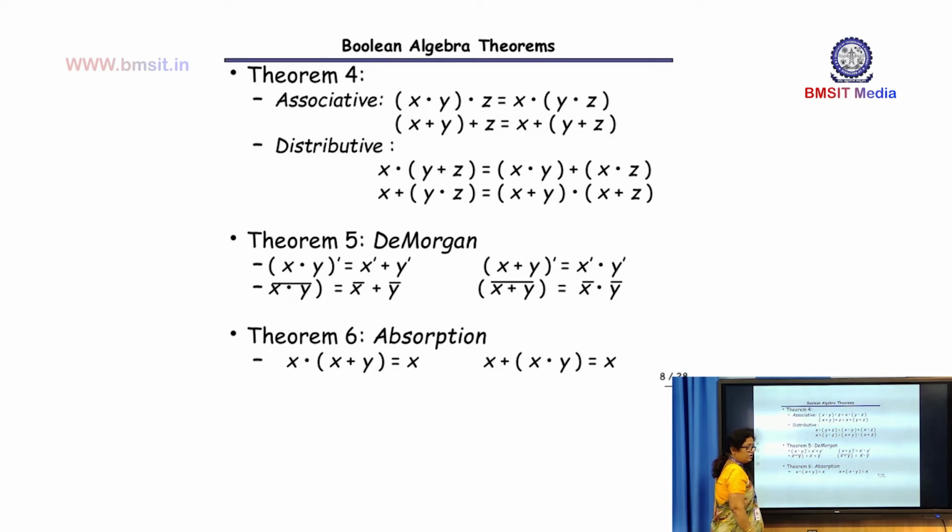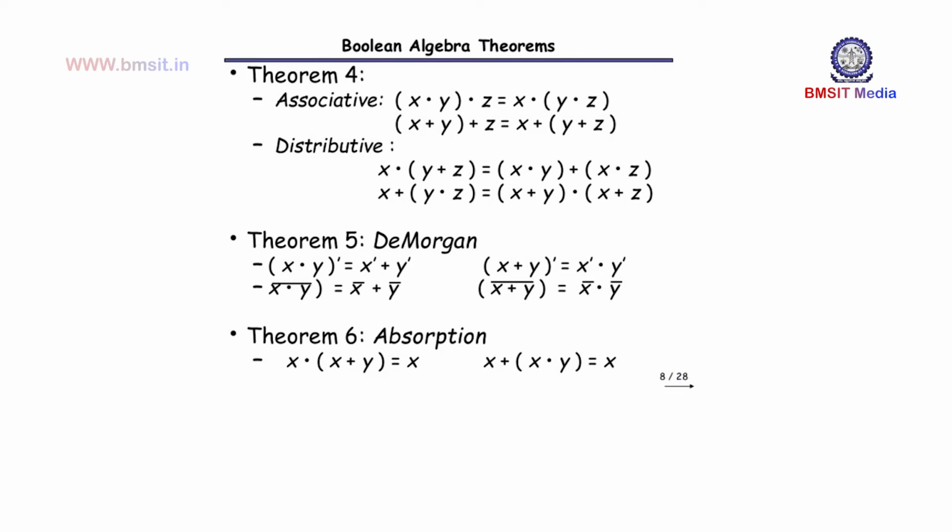That means the order in which you add the variables will not affect the expression. Okay, so anyhow you can use. Next one is the distributive law. According to the distributive law, x into (y plus z) we can write as x into y plus x into z, or the other way, x plus yz equals (x plus y) into (x plus z). So that is how the distributive law is written.